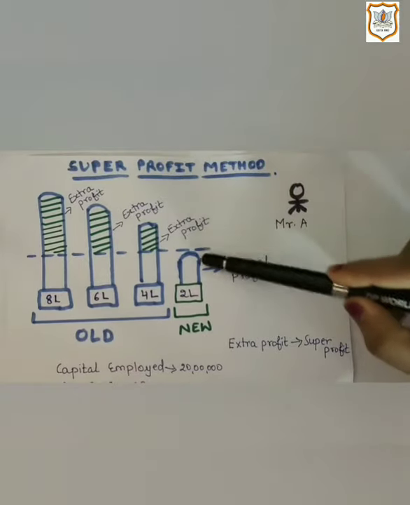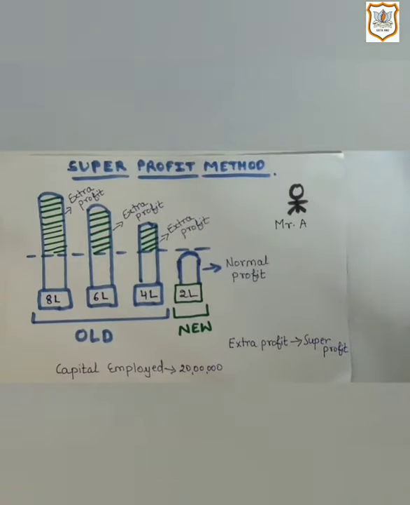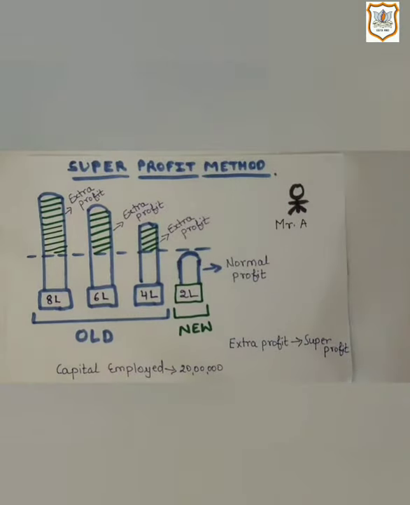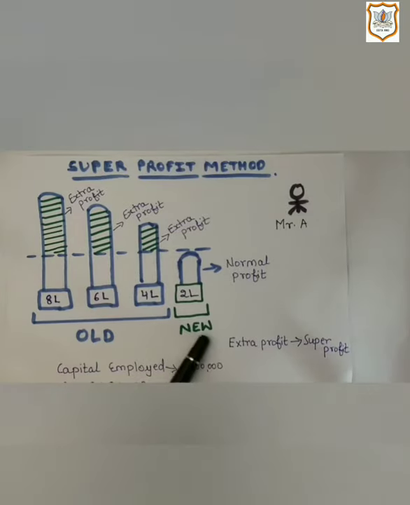Means the profit which they have over the normal profits. Now what is the normal profit? The normal profit is the profit which is expected if you create a new business and invest or employ the capital in a new venture. Whatever minimum profit you will get, that is called normal profit. So the profit above the normal profit is called super profit. And this method assumes that if a business earns super profit, it has goodwill, otherwise not. Now this new business does not have goodwill. Why?